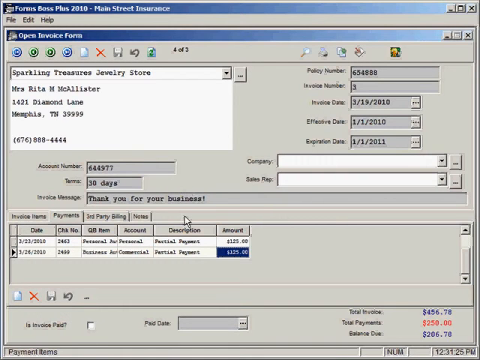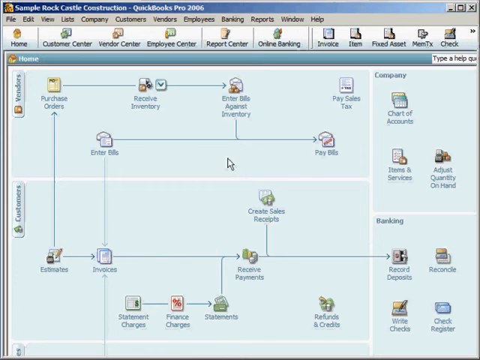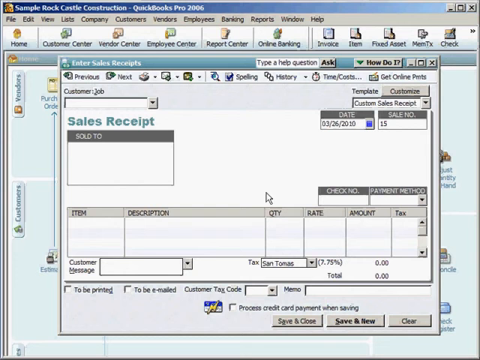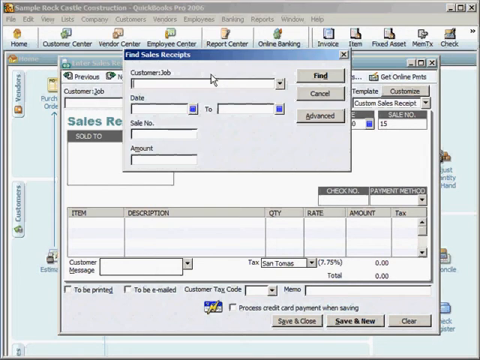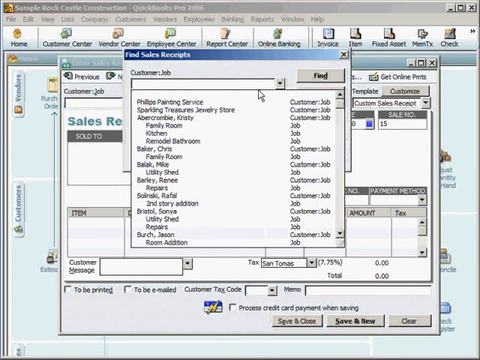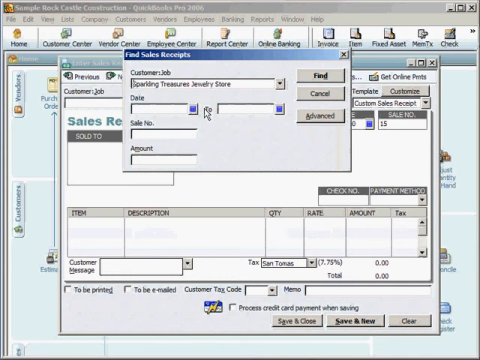When that is finished, I'm going to pull up QuickBooks and search for what I just added. So we open QuickBooks, and the easiest way to search for that receipt that we just added is just to click here on Create Sales Receipts. Then we're going to click the Find button and select the customer that we just used. Click Find,